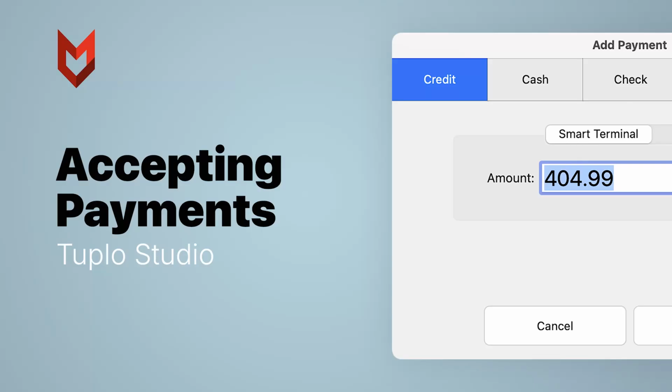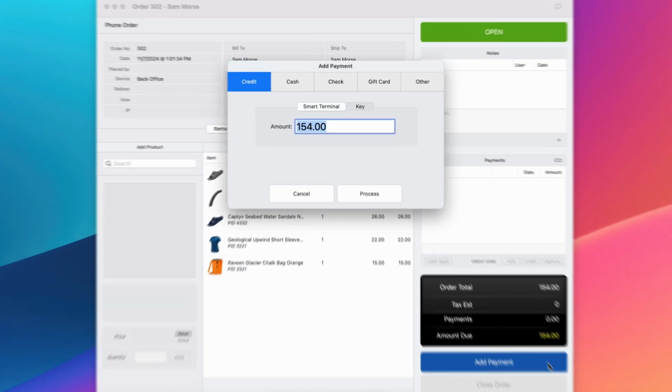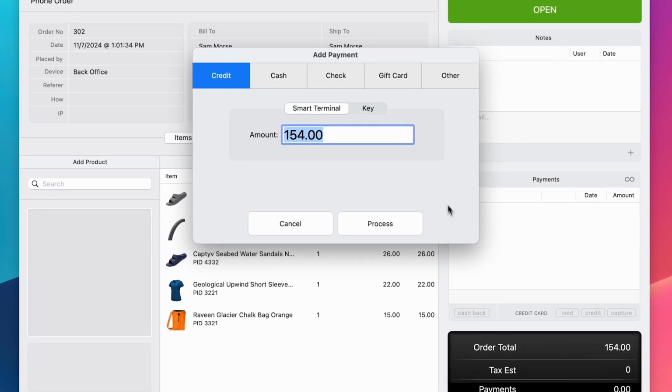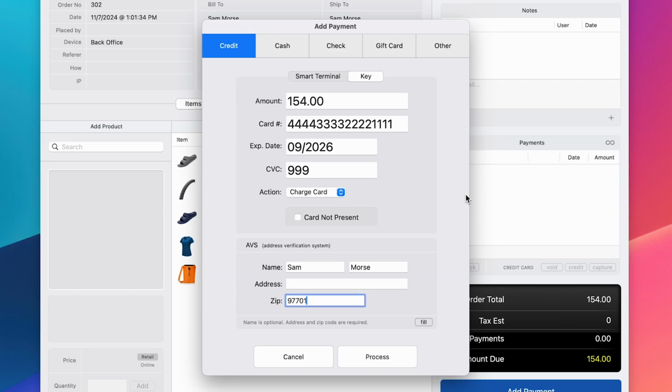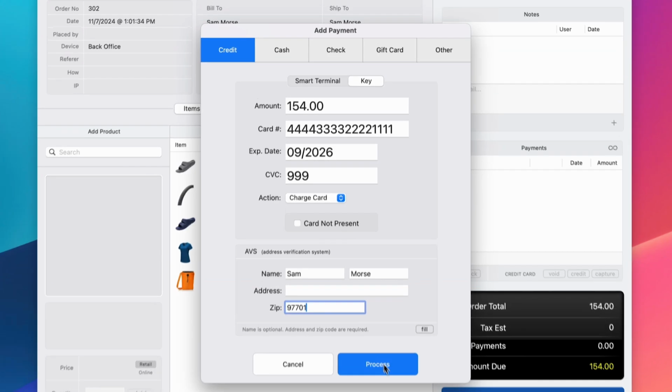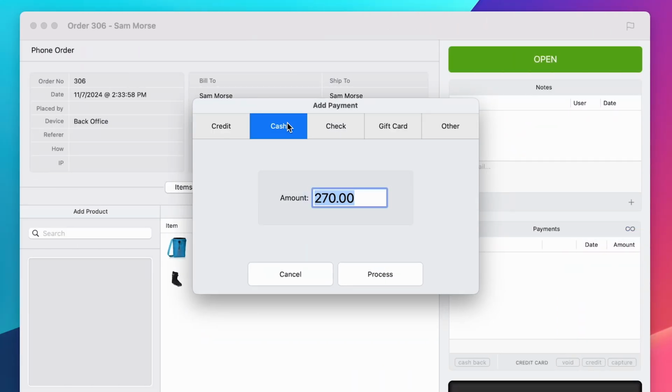Tuplo Studio offers multiple payment options for easy order processing. To start, click Add Payments to open the payment window. The credit card payment option allows you to accept payments via a smart terminal or by manually entering credit card information. Cash, check, and gift card payments are added by entering the desired amount and additional information and then clicking